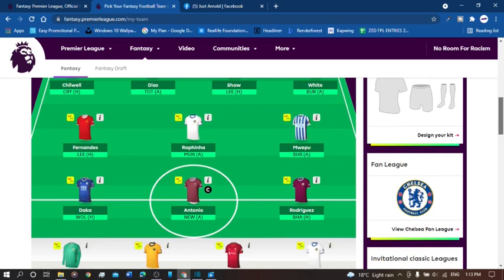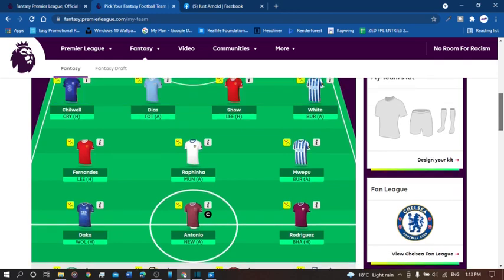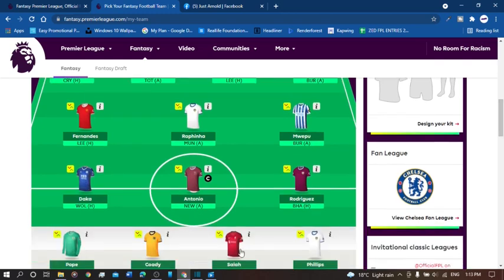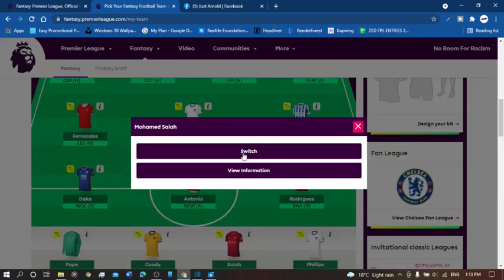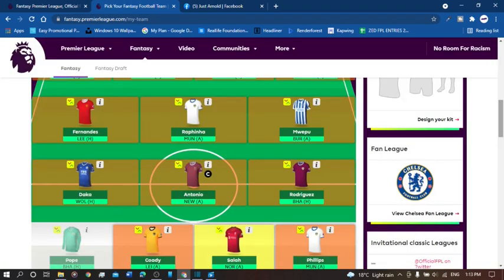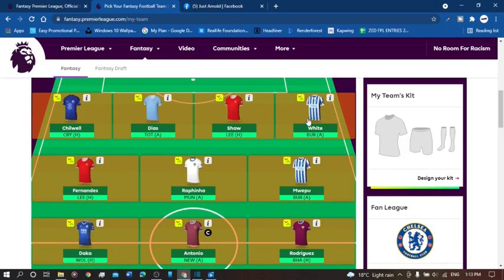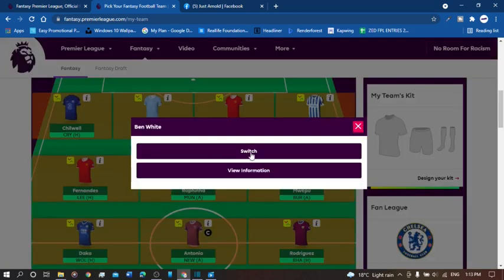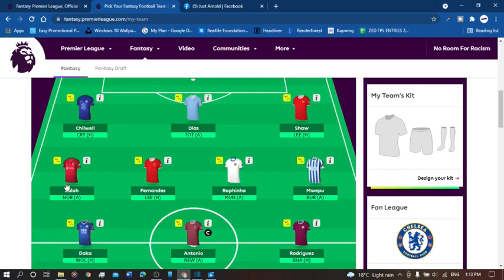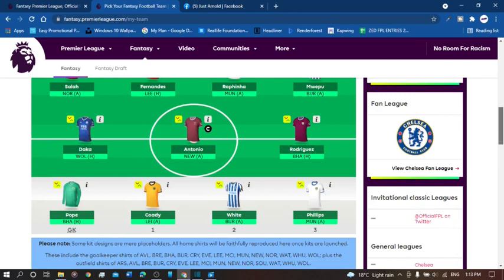Or I can have another midfielder and have 3 defenders. So I can switch Salah with a defender like Ben White, switch. So I have 4 defenders and 3 strikers and 3 defenders. Then on my bench I have